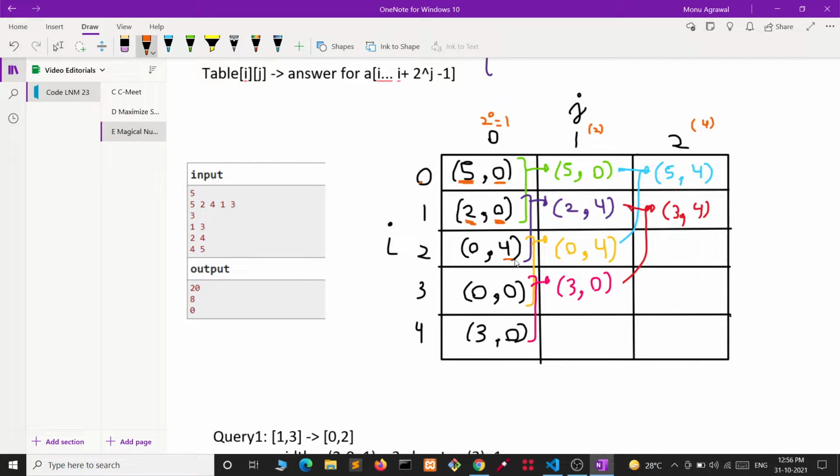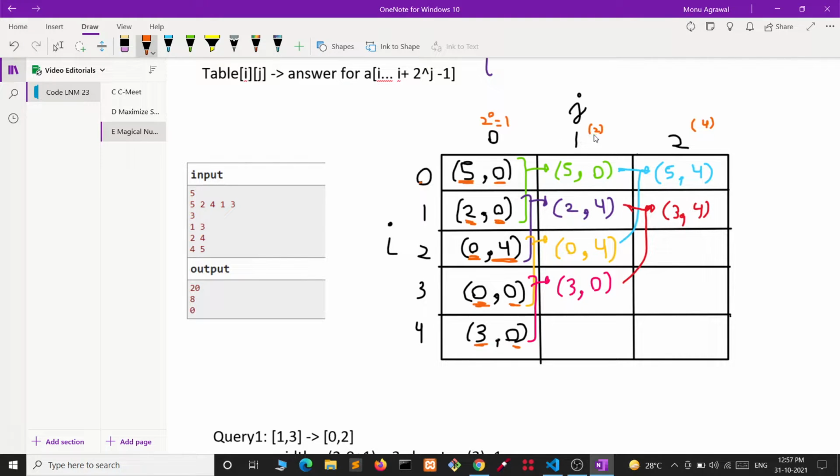It is a composite number, so I have taken 4 here and 0 here. Now 1 is neither prime nor composite, so I have taken 0 and 0 here, and 3 is a prime number, so I have taken 3 here and 0 here. Now I have calculated all the answers for width 1.